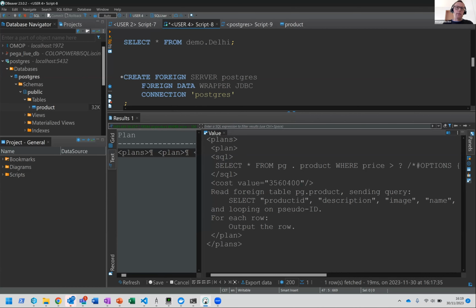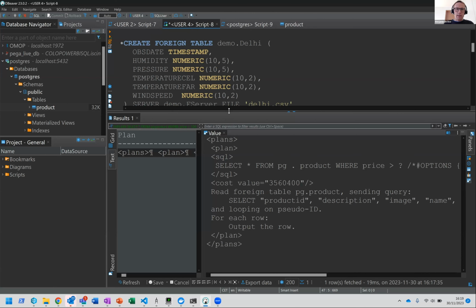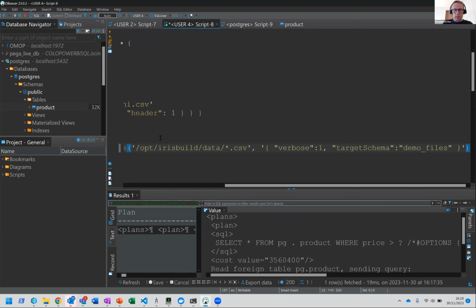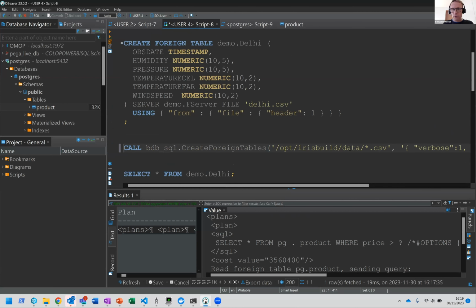So you may think, well, this is nice being able to project from a file, but I don't want to type as much. Can you help us with that? Yes, we can. For those of you that might have seen, we have a utility library, which I, in a sort of vanity way, named bdb.sql, because of naming conventions on the developer community. I have a create foreign tables procedure that I can just point at this whole folder,